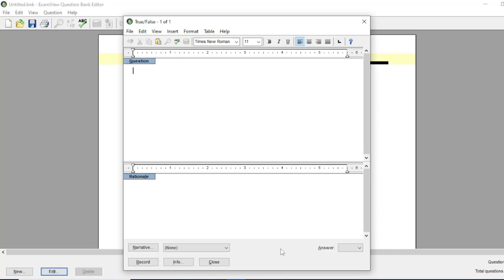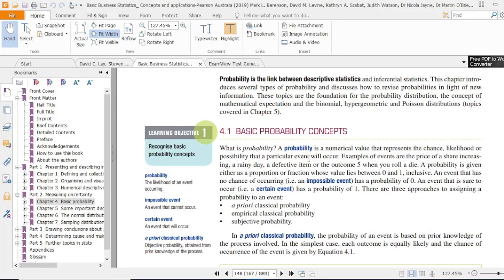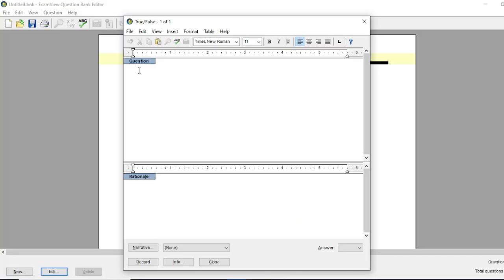Okay, so let us copy. For example, this is your question. You can copy this one, then paste it here, then rearrange the statement. Okay, you can edit the font size. Then select the answer, either true or false. So this is true. Then select,